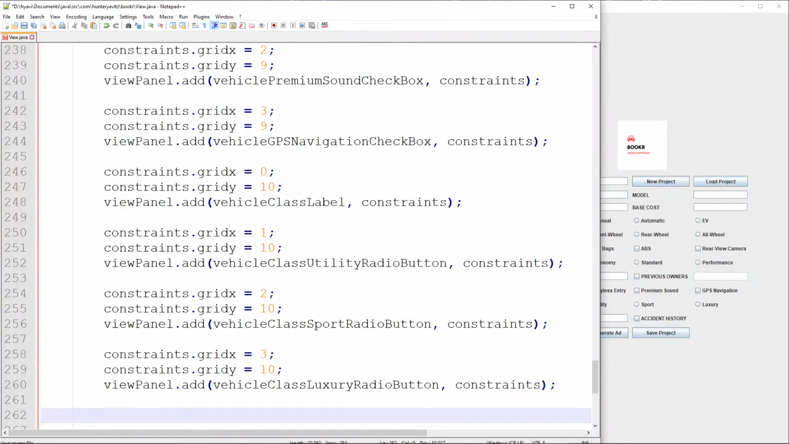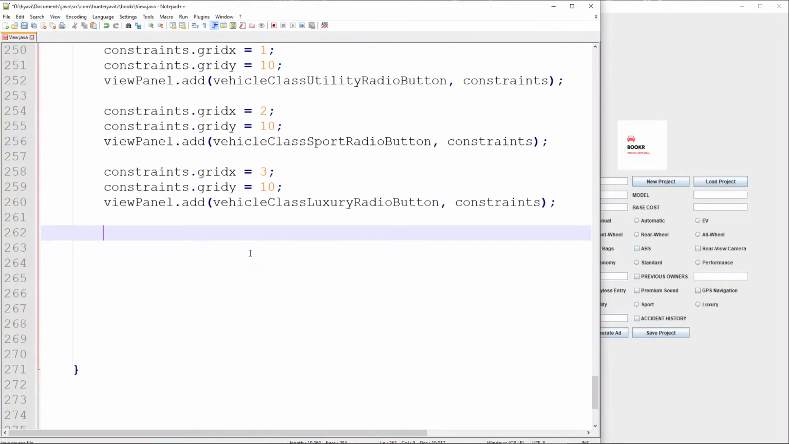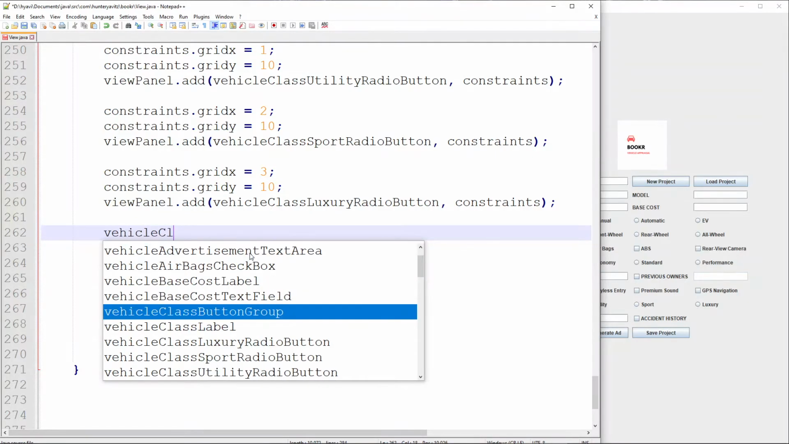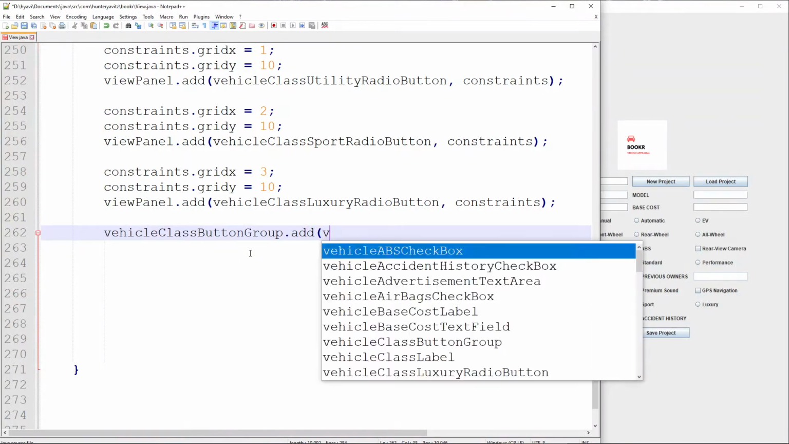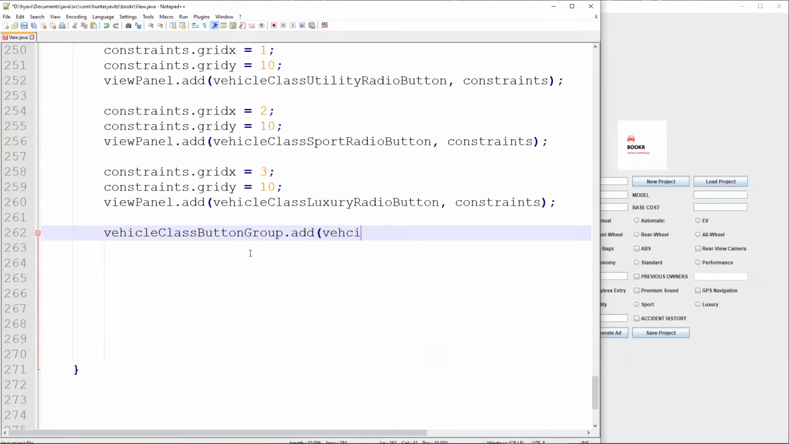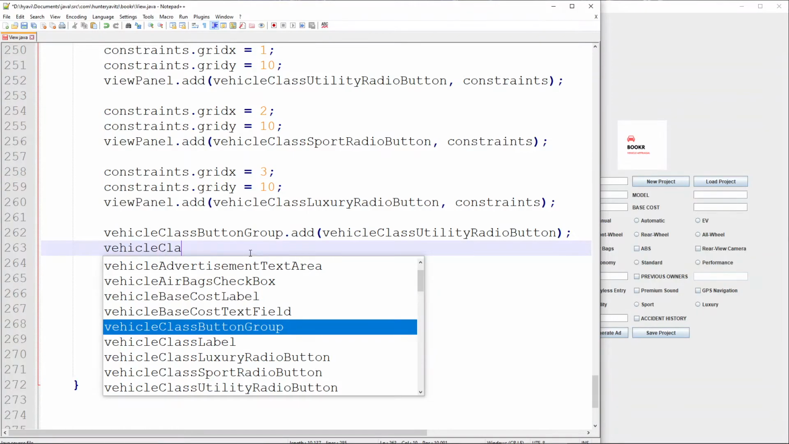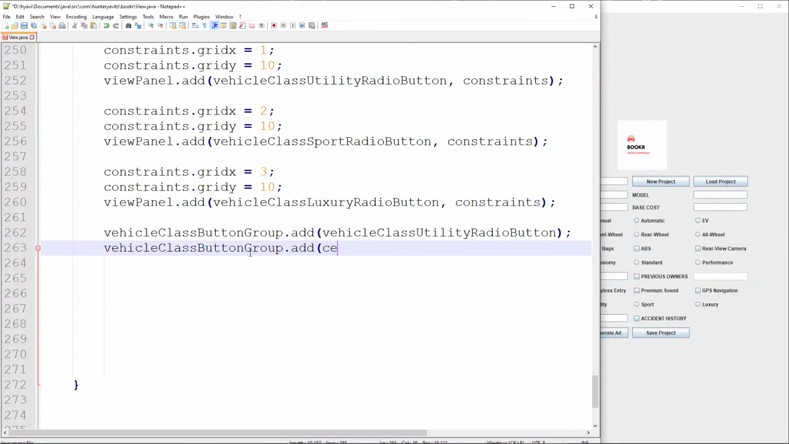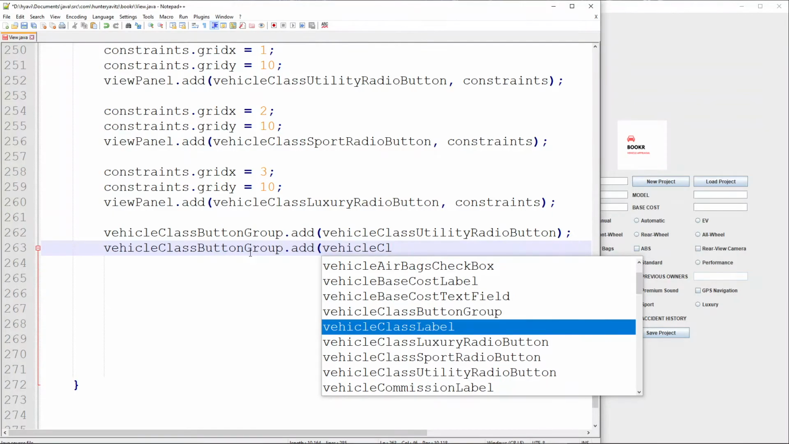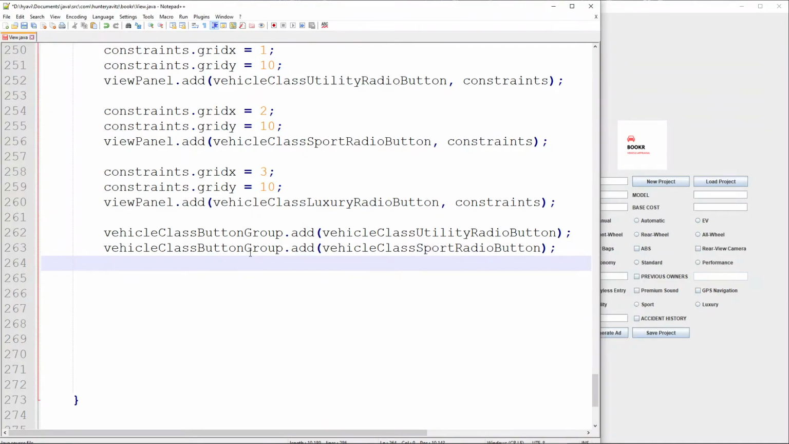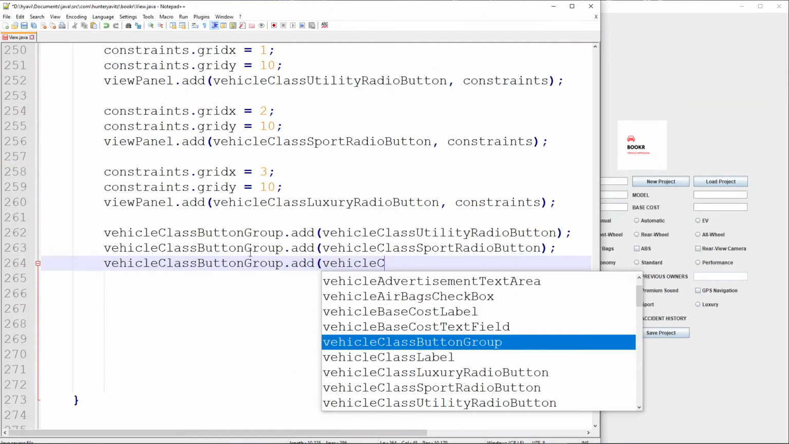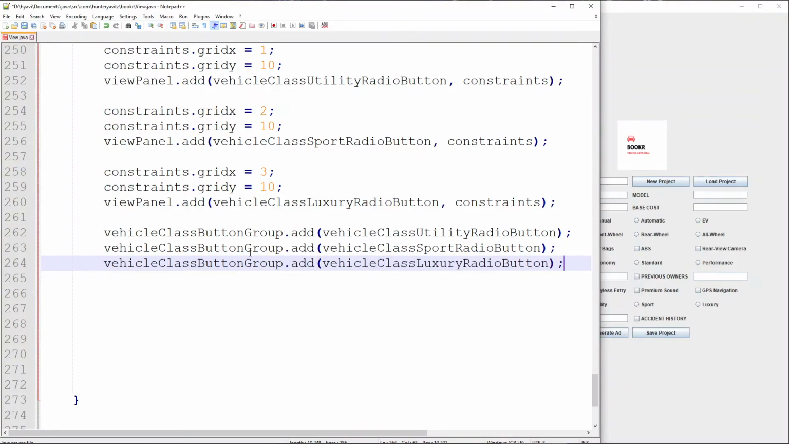But since those are going to be radio buttons, let's not forget to add those to our button group. So we will take the vehicle class button group. We're going to add, if I can type, first the vehicle class utility. Then we will add the sport, and then we will add the luxury. So now those 3 buttons are added to the button group, and we can move down to the next one,